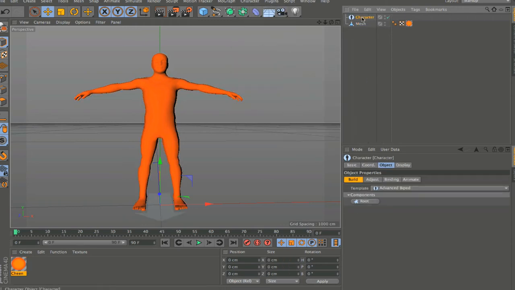So here's the character object, and you'll see this is split up just like we're going to split up these videos. We have the building phase where we actually build the rig. Then we have the adjustment phase where we go in and adjust the rig to better match our mesh. And then we have the binding component where we actually go in and paint vertex weighting maps to our mesh and actually bind the rig hierarchy to our mesh. And those are the three big steps that the character object takes you through